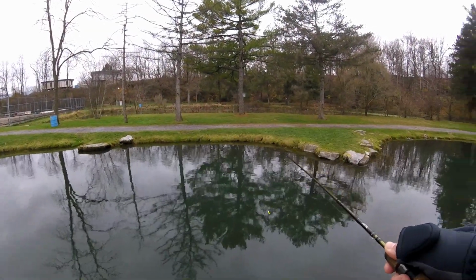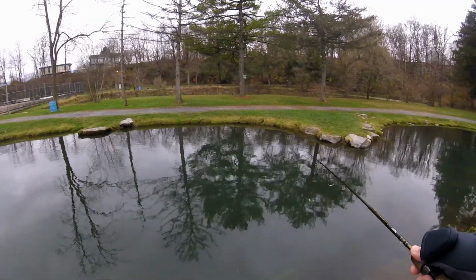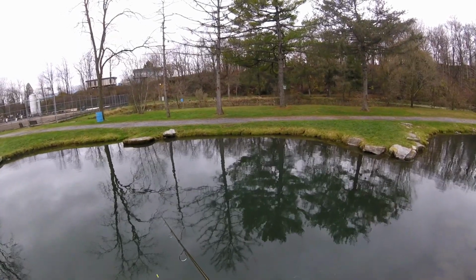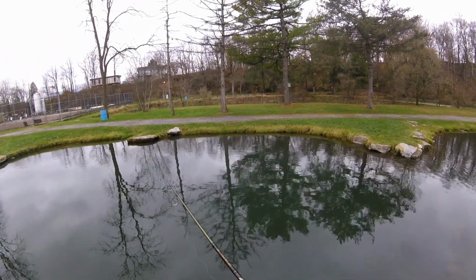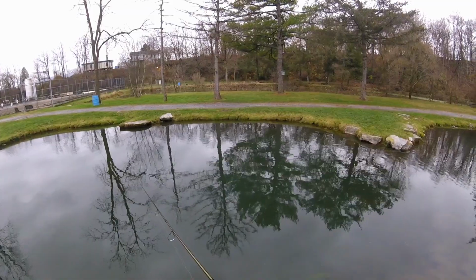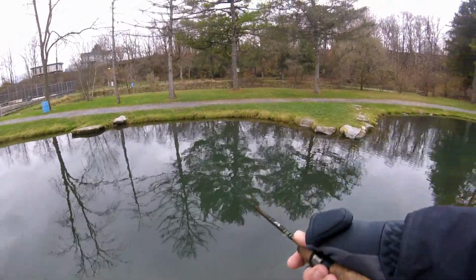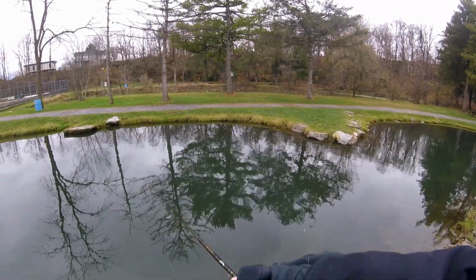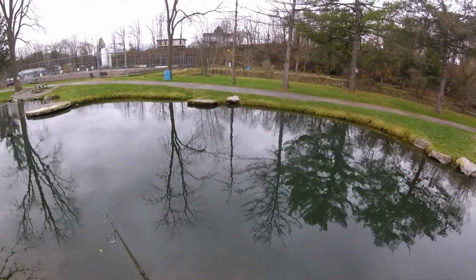And see, this is so different for me, guys. Like I said, I am so used to throwing a fly rod. I'm almost wishing that I had my fly rod right now, considering I see fish going top water. I'm wondering if they're taking some nymphs underneath the water. I don't know. It's tough too, because just to give you guys a heads up, I'm using a 1/64 ounce jig head with a chartreuse colored Trout Magnet. So I have fish following it, but none of which I really want to catch. I think it's a decent one, actually. I should have let him take it, but I didn't. Oh well. Like I said, I'm ideally going for the bigger guys right now. He's a decent sized guy. He's not huge, but